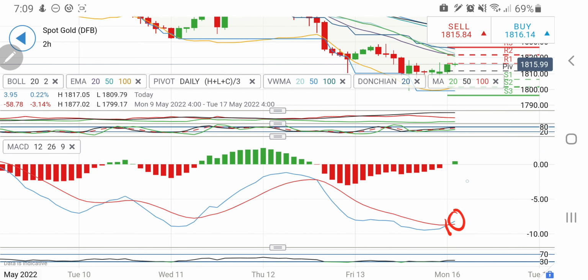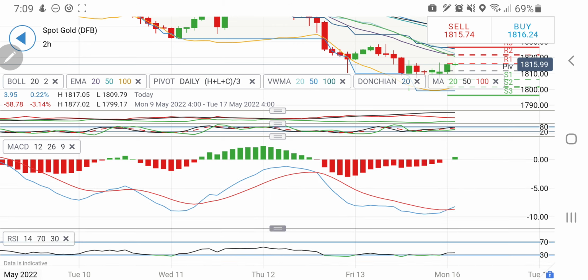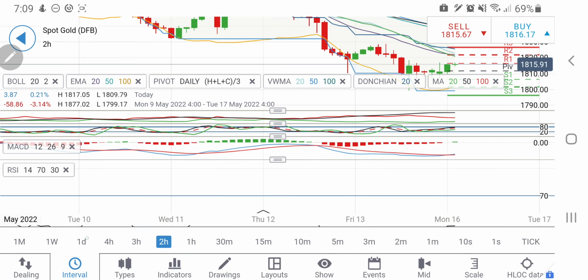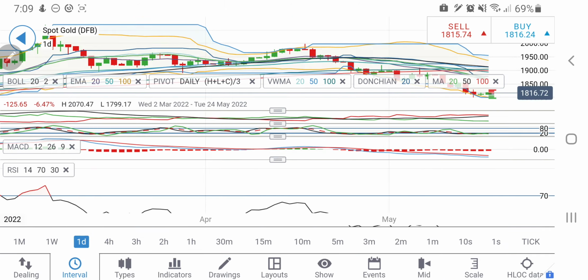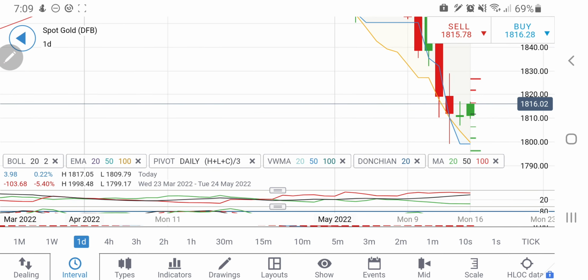This is the first green candle after the crossover, and possibly because the divergence is more, probably we may see a couple more green candles from here. RSI is looking flat but looking upwards. Now look at the daily charts. On the daily charts,